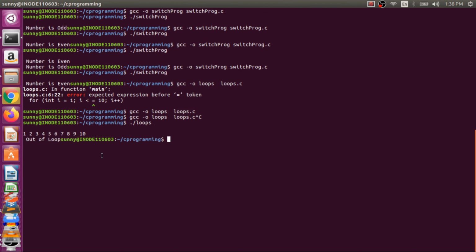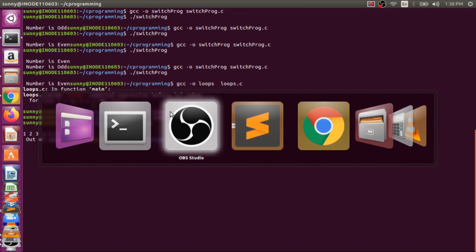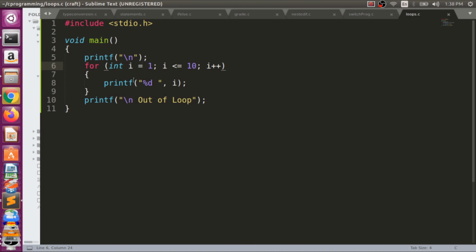So you guys can see now 1 to 10, 1 2 3 4 5 6 7 8 9 10, so that is the out of loop now. So you guys can see now clearly how we are getting this 1 to 10 print. We have int i is equal to 1, it will print it out, the value of i is now 2, it will go back to here, 2 is less than 10, print it out, 3 is less than 10, print it out, then 4 5 6 7 8 9 10.